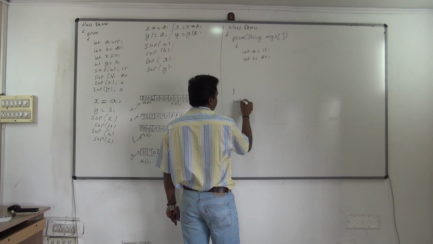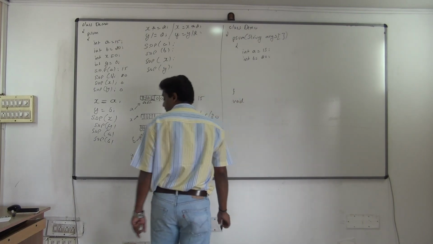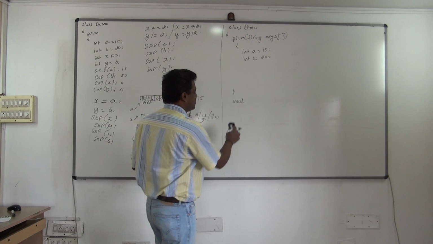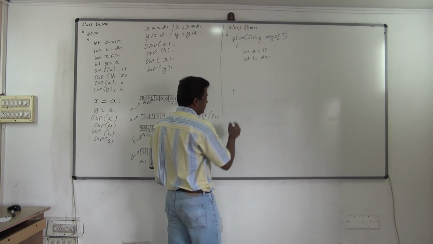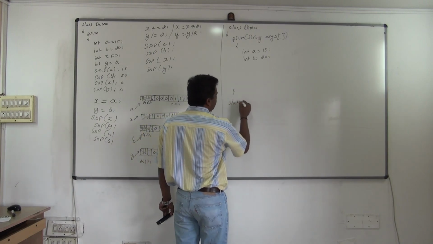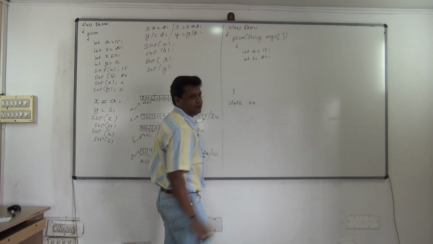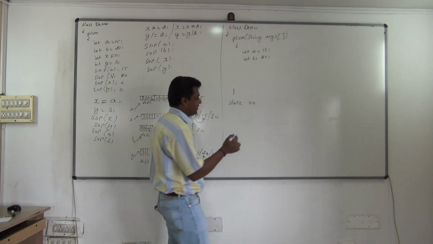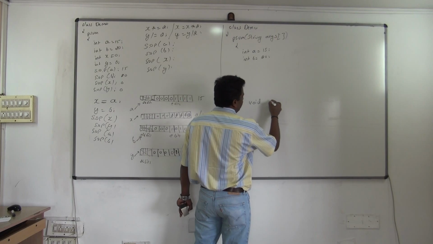I'll write one more method. And see, whenever you want to write a method here, you just use static. Don't bother what it is. Just use static here. Static is an extra word that is coming now. We'll leave static, don't bother what static is now, we'll see it later. static void m1